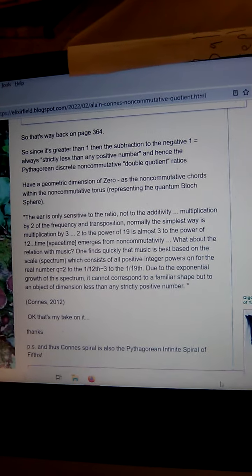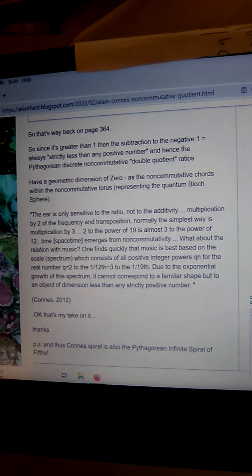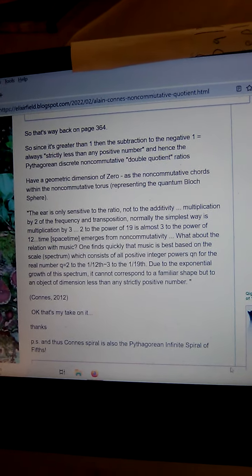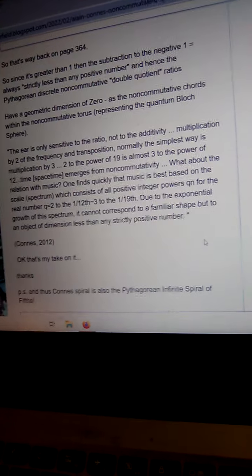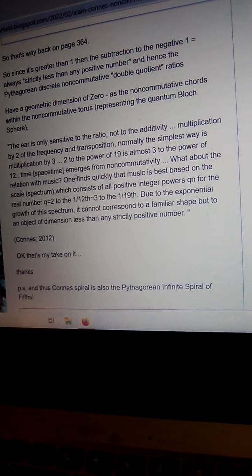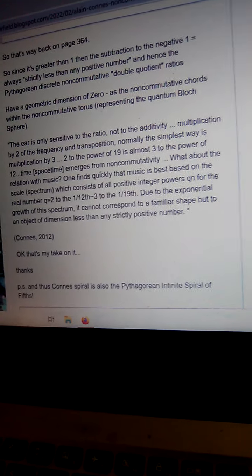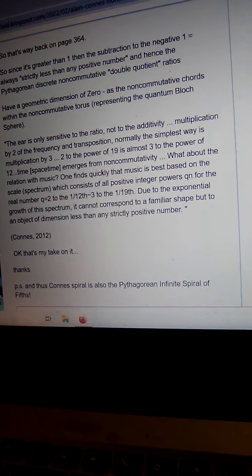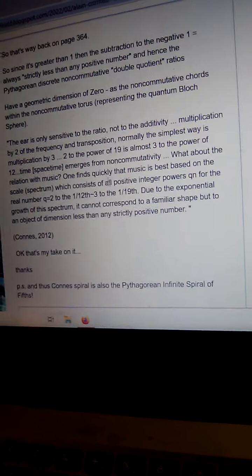I quote him elsewhere saying it's geometric dimension of 0, but it's based on the convergence of the rational numbers being strictly less than any positive number, because you're subtracting it from the 1 in the imaginary negative frequency axis, because it's an inverse frequency based on the Pythagorean undertone of the 2/3, because you're inverting the ratio of the 3/2